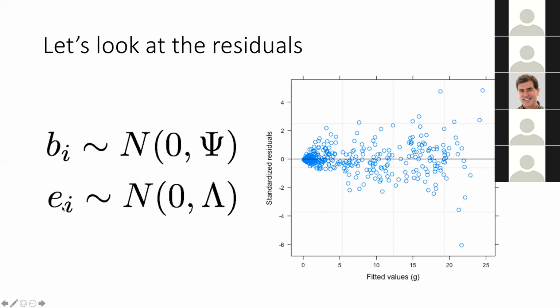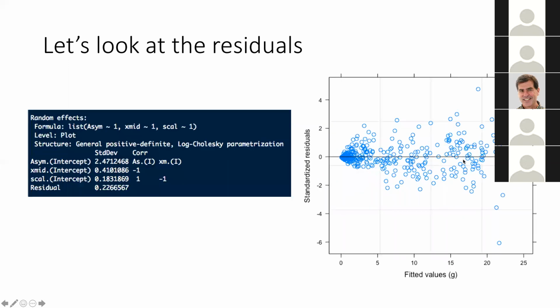So what I did is I actually fitted a model that says, well, yes, as the fitted values increase, the variance should be increasing. When I fitted that model, I looked at my results again, and now the correlations are -1 and 1. Well, now this is a strong signal that my model is over-parameterized and I should eliminate these correlations. After I did that,